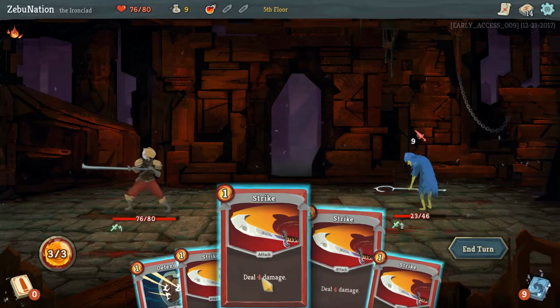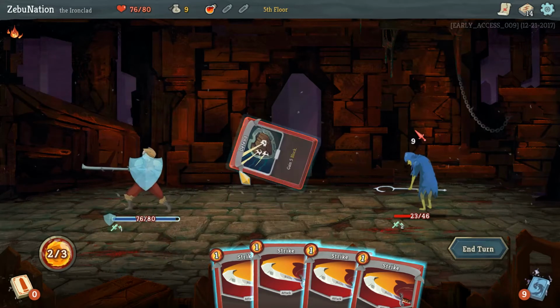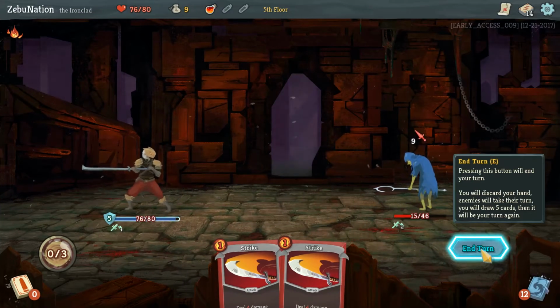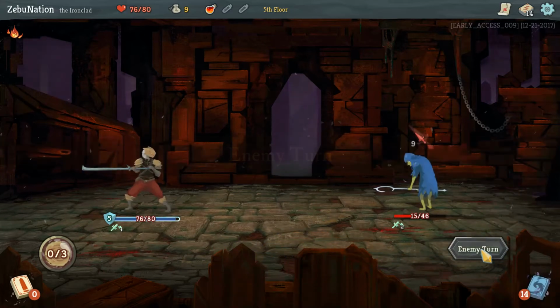Look at this. Our damage is now down to 4 because we're so weak. He's going to attack for 9. So we will block that. And then attack and attack. Alright, so we're just going to keep getting weaker and weaker. I mean, we're going to beat this guy. But...